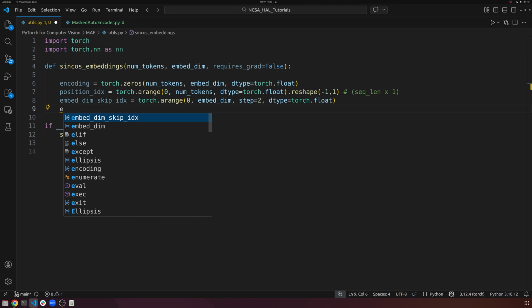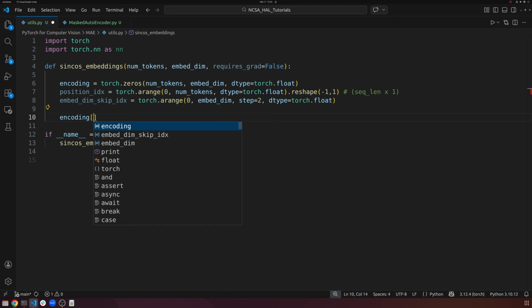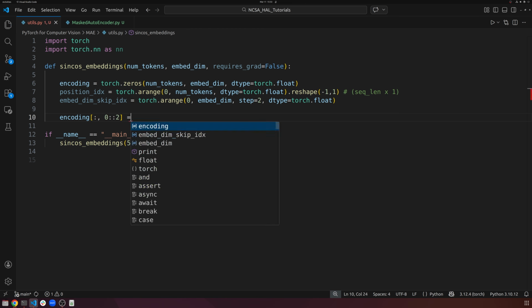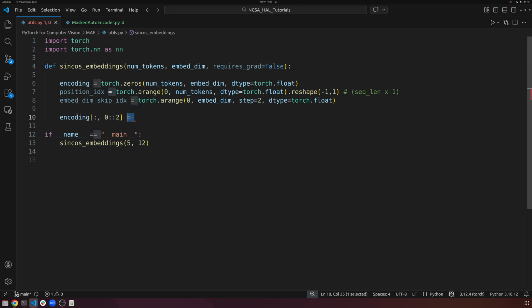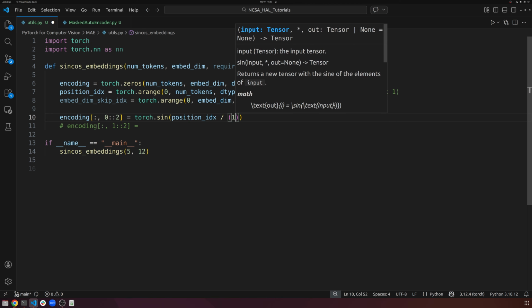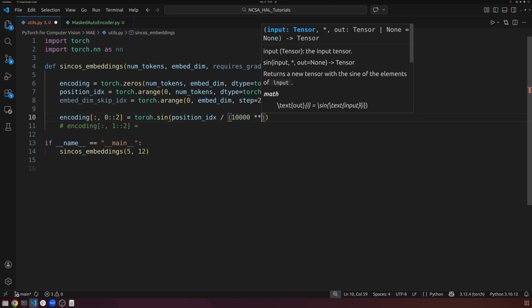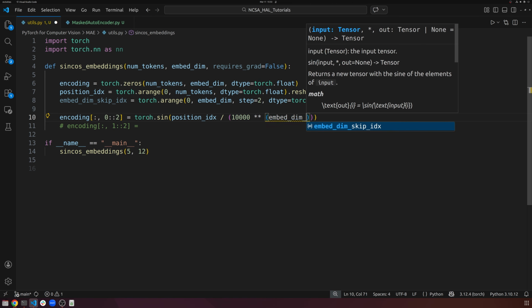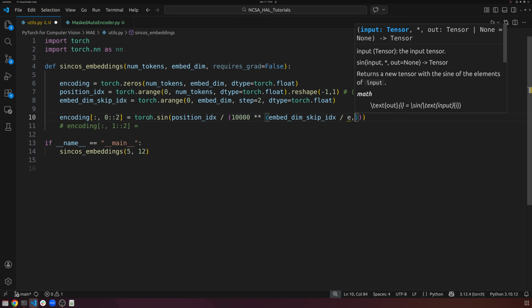We're going to do encoding for all the time steps in the sequence, but for every even position, so this basically says 0 to the end in steps of 2. The second one is going to be 1 to the end in steps of 2, and that will be the odd positions, of course. But let's do the even one first. So torch.sin. We're going to do position index divided by 10,000 to the power our embed dim skip index divided by embed